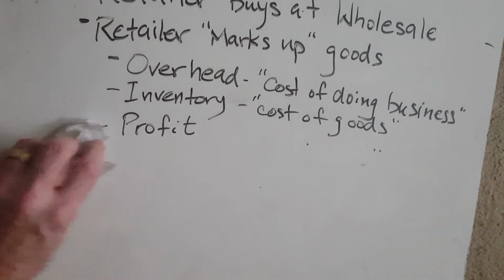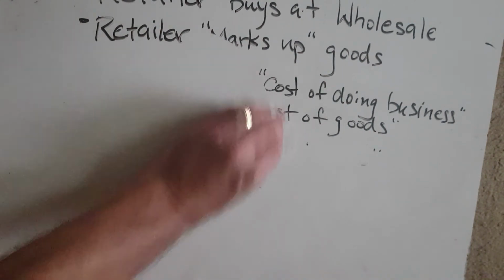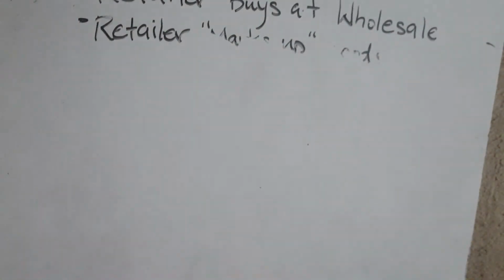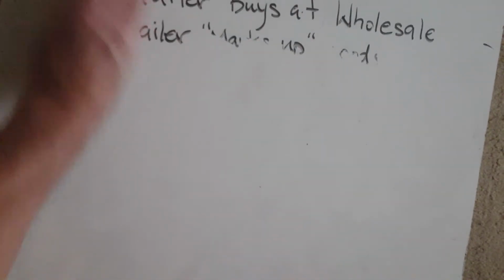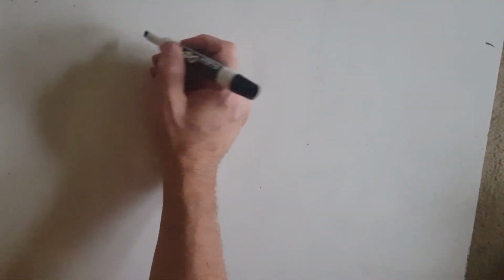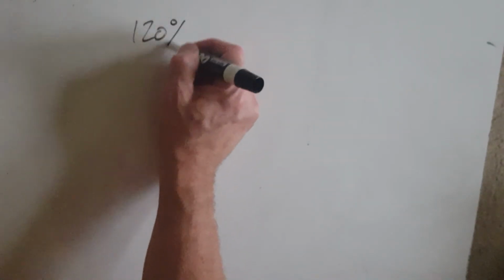Okay, so markup. I don't think the chapter is going to cover all this, but it just talks about markup and markdown, and it treats them as percentages, okay? And so let's say that a retailer has decided that his markup on his goods is going to be 120%, okay? And so say he buys